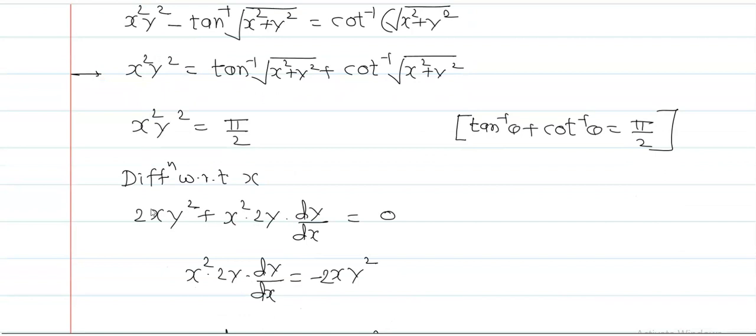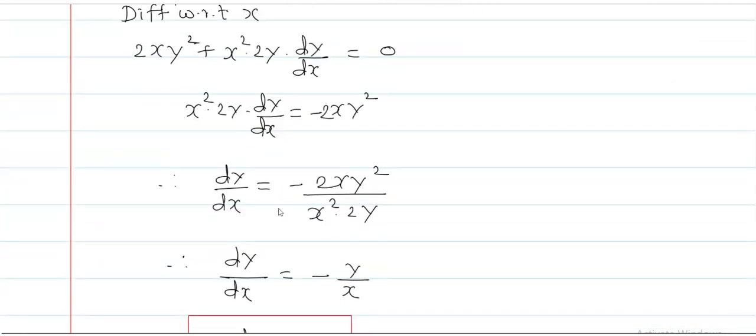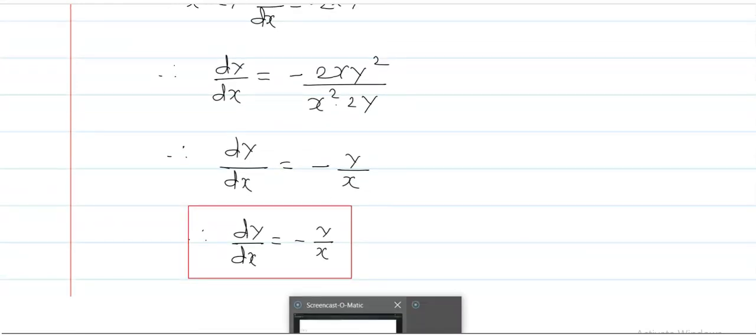Apply the product rule: derivative of x square is 2x into y square, plus x square into derivative of y square, which is 2y into dy by dx, and simplify it. Then you will get the answer. This is very simple. dy by dx is equal to minus y upon x. Now the next is